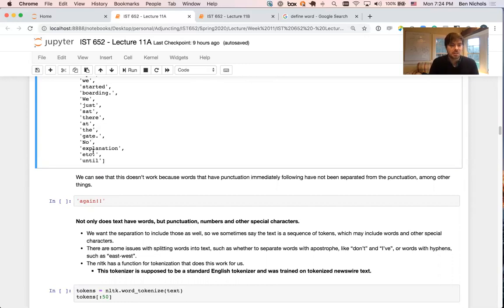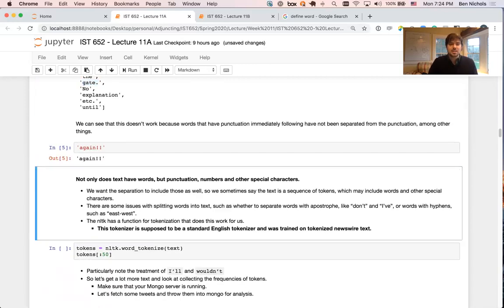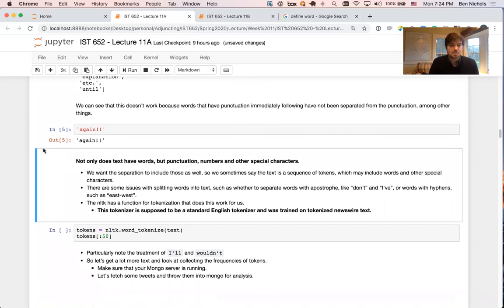For instance, if we wanted to know the number of instances of the word gate, is gate with a period equivalent to gate without a period? It's not. And programmatically, it would be challenging to count the number of instances of gate without first removing that period. So we need smart, intelligent ways of getting around this type of problem. Not only does text have words, but punctuation, numbers, and other special characters. We want the separation to include those as well. So instead of just splitting on white space, we actually want to split on things like periods, exclamation points, apostrophes,